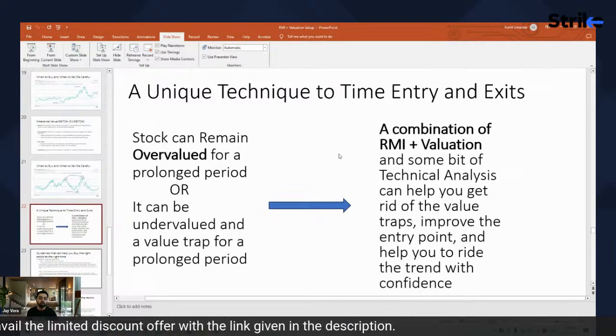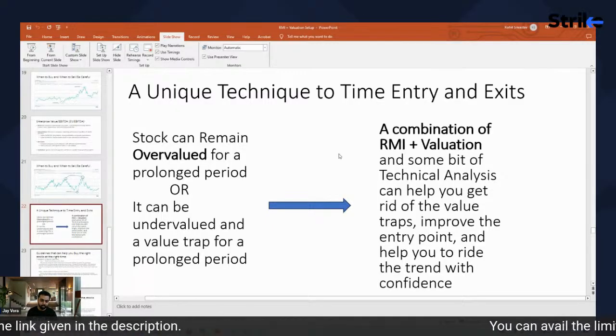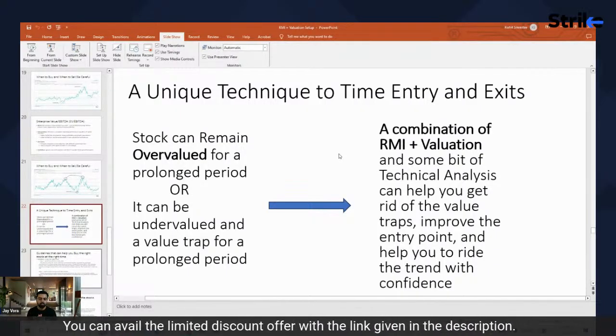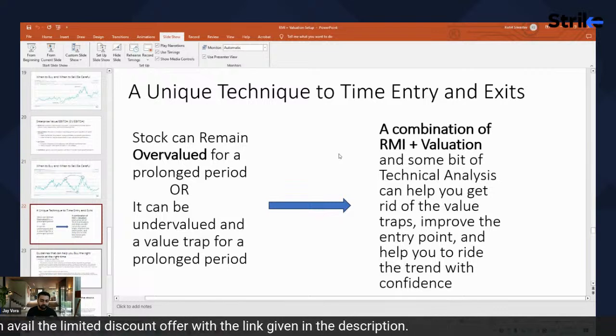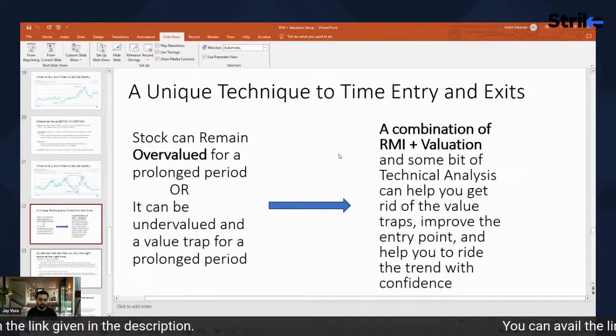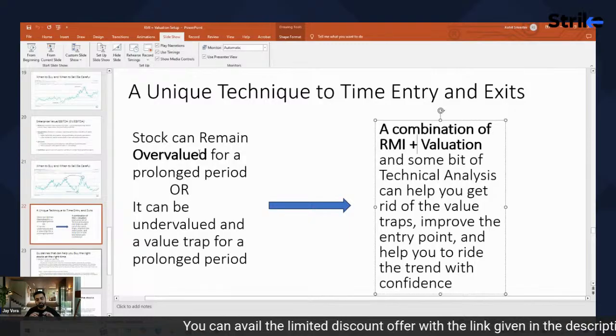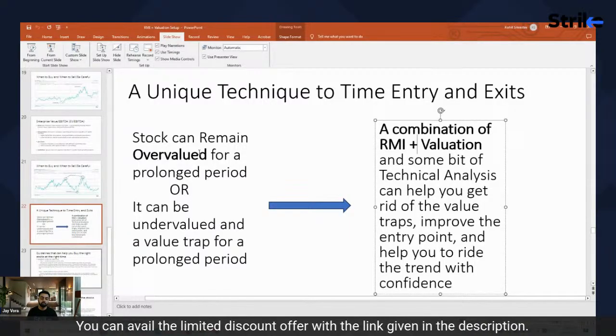and until the point where you give up and you will be lost, and then only the stock will fall. I mean, this happens to almost everyone in the market. Okay, so that's where if you have a process of entry and exit, it will surely make your life extremely easy. Okay, so whether it is overvaluation or undervaluation, how can you avoid it?